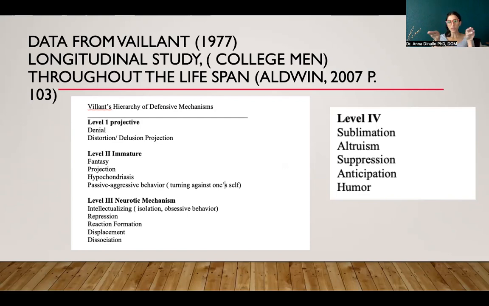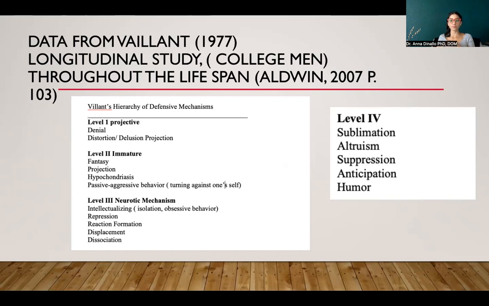So we can see that the lowest level of trying to defend ourselves when we feel psychologically threatened is denial. So it's like, oh, I spilled milk on the floor. I know I spilled it. That wasn't me. Right? It almost sounds silly to hear. The other one is distortion or projecting it, like, oh no, I think my dog knocked over the milk and that's why it's everywhere and I just haven't cleaned it yet. But did the dog really knock over the milk? Right? So this is level 1, completely denying that something happened.